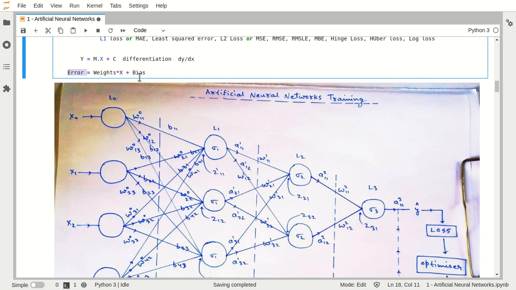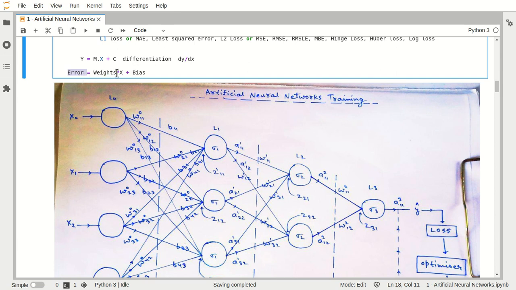changed only because this x is a kind of input. We are not going to change our input, because if you change the values of input, this will not be as per what our data is saying. Whatever input values we have are according to our data set, and we are not supposed to make any kind of changes inside our data. So x is not going to change here. At any place, any time, x will not change, but the weights and bias will get changed. And this error is also depending upon the weights and also upon the bias.